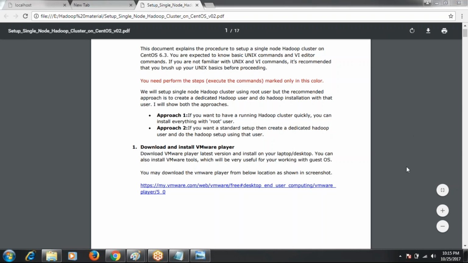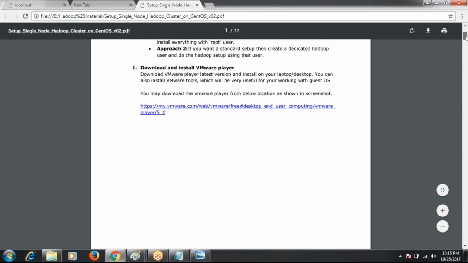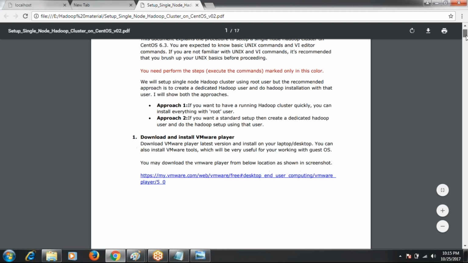So this is the document for how to set up the Hadoop single node cluster in Apache distribution. We have some steps here, and we'll follow the steps.